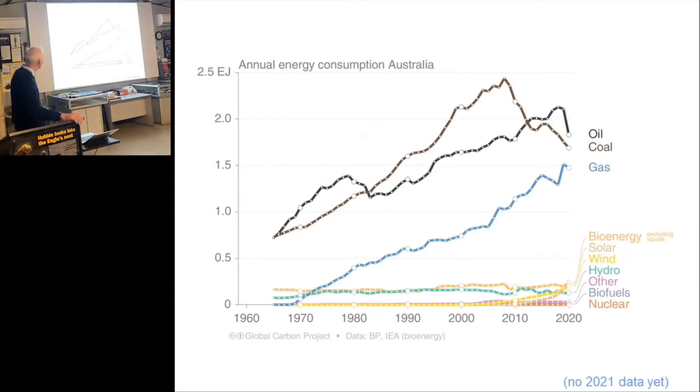Now Australia, where we sit in Australia, so this is just to show energy consumption in Australia. I found this an interesting plot. Here's the total energy use in Australia. Coal, which actually peaked around 2009 or something, has been dropping ever since. But that's been made up for by increased oil usage. Let's ignore 2020 here for a moment with that drop. And the gas increase has made up for the drop in coal. And we see increases in solar and wind and other things, and there's a lot of solar on rooftops, right? But it's still a very, very small player in Australia,